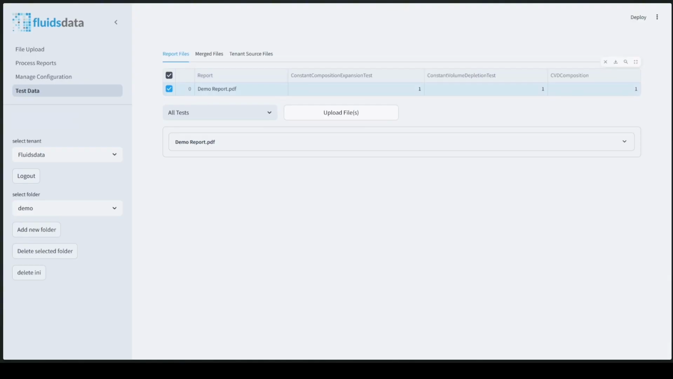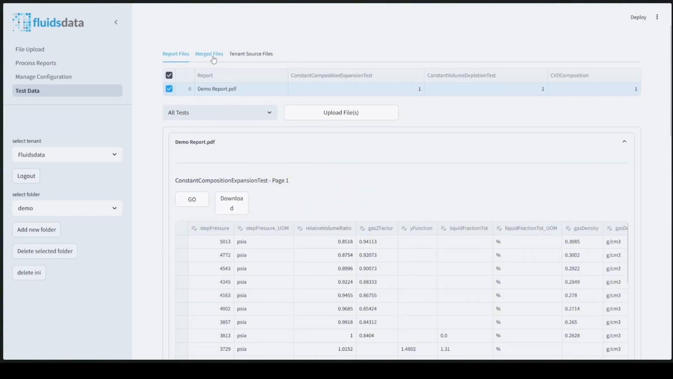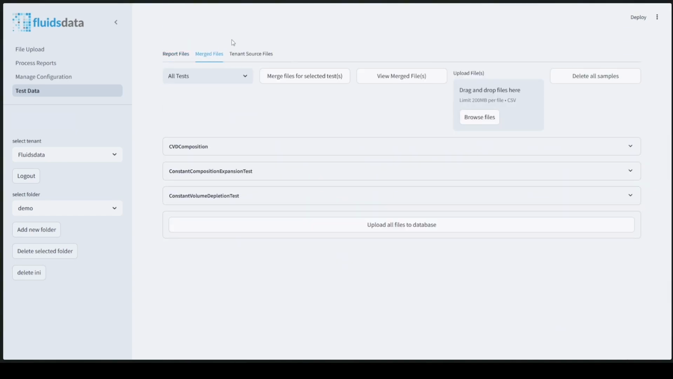This table here will show the list of saved reports that have already been processed, along with counts for each type of table type found within them. You can get a quick overview of the table here, and then under the Merged Files tab, you can filter by test type, in this case, constant composition expansion,